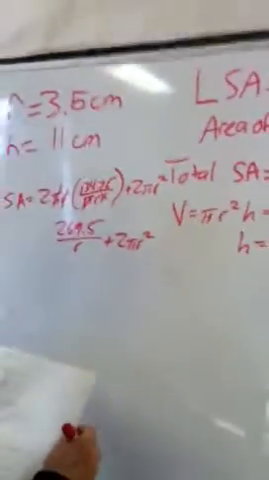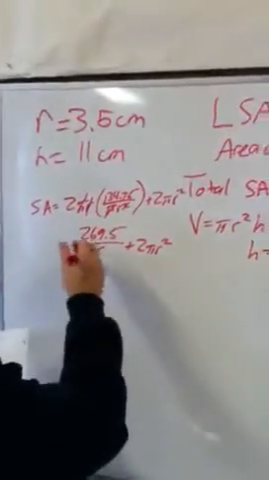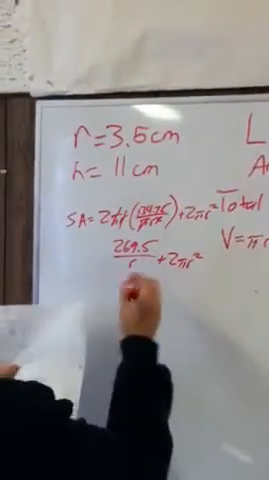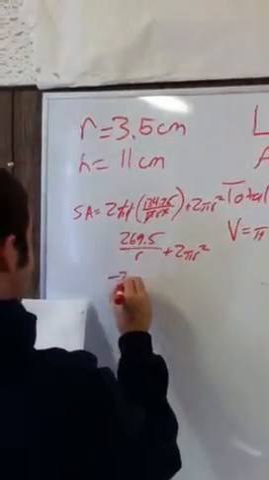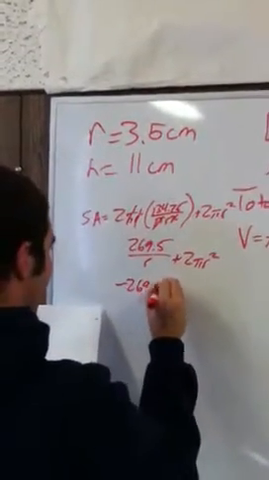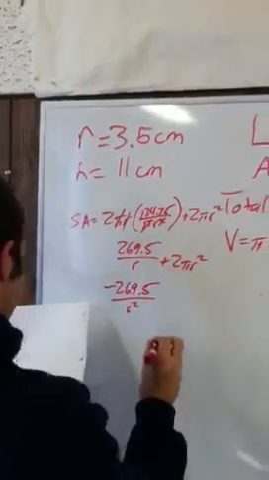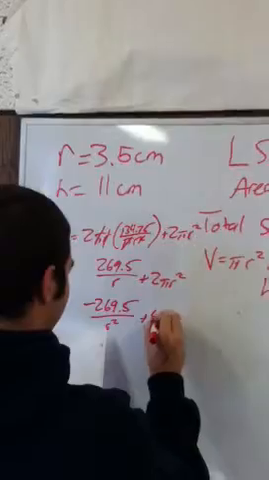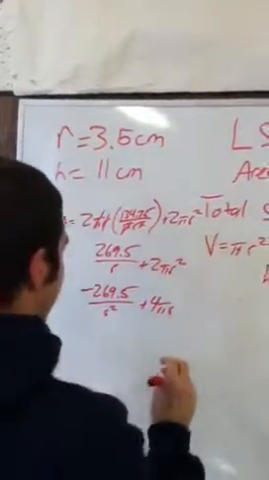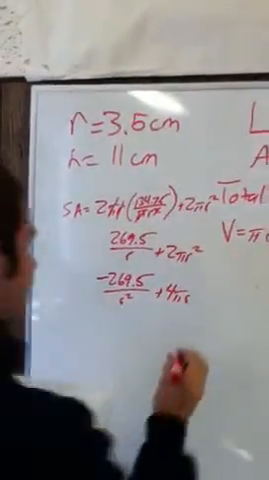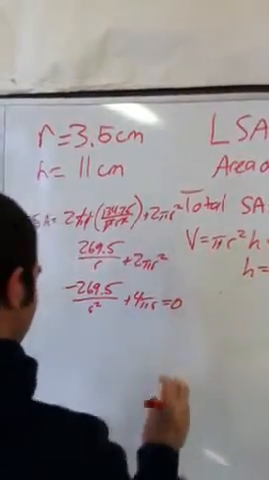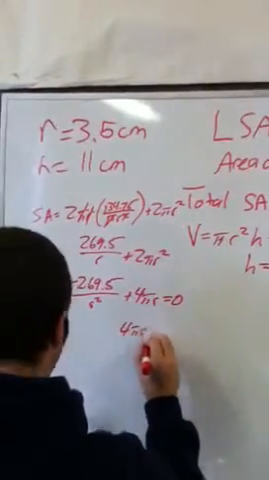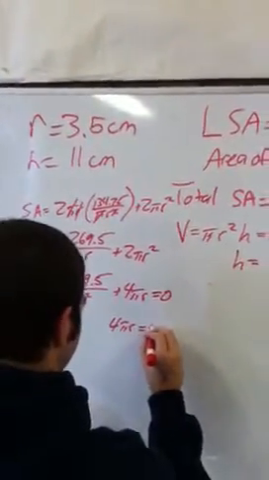So now we're going to differentiate it. So if we bring this back up, then we get 269.5 r to the negative 1. So if we differentiate it, we get negative 269.5 over r squared. And then this, you just differentiate it like usual, 2 times 2 equals 4. So you get plus 4 pi r. So now that we found this, we're going to set it equal to 0. So if we set this equal to 0, we can subtract from each side, so we'll get 4 pi r, which equals